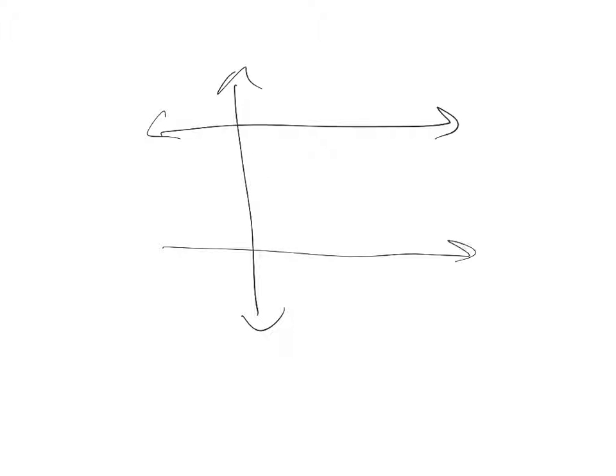If a transversal is perpendicular to one of two parallel lines, it is automatically perpendicular to the other. Thinking about what we know about our parallel line converse theorems, this actually becomes pretty obvious. So if we know these two things are parallel, and we know, say, this is a right angle, we know by the rule of corresponding